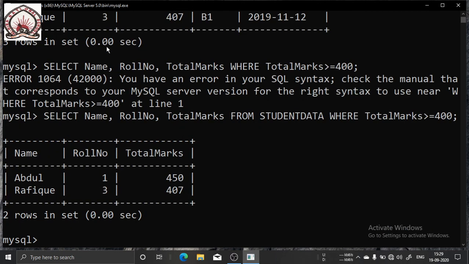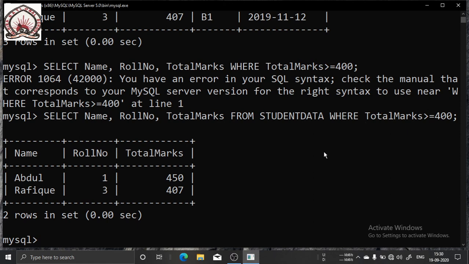So when you press, you can see only the name, roll number and total marks of those students whose total marks is above 400. Actually, the mistake was that I have not given from; it was just human error. I am taking a long class, for this reason I omitted this from, the table name. I have stated name, roll number, total marks from table name where total marks is. So here you can see selected columns and selected rows. Only selected rows come because of the where clause.